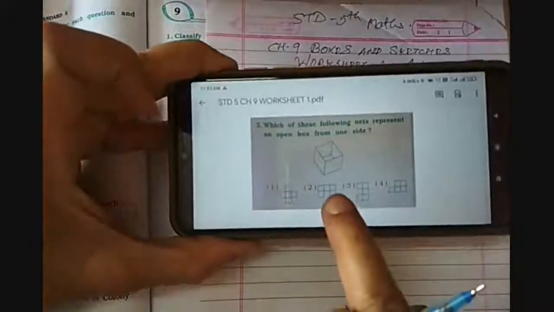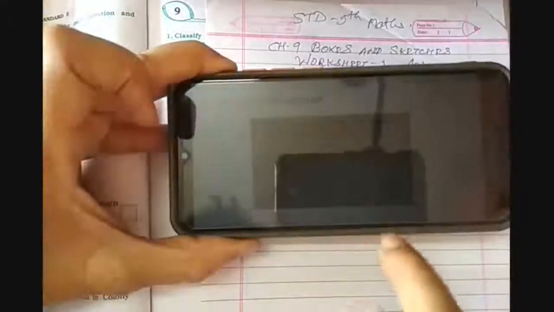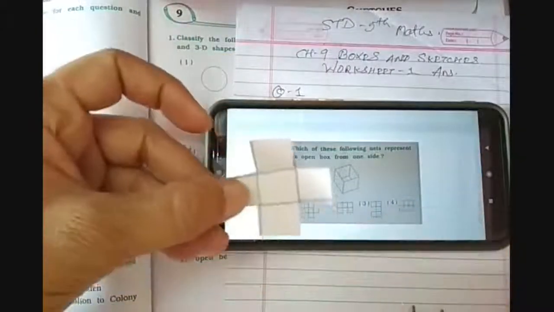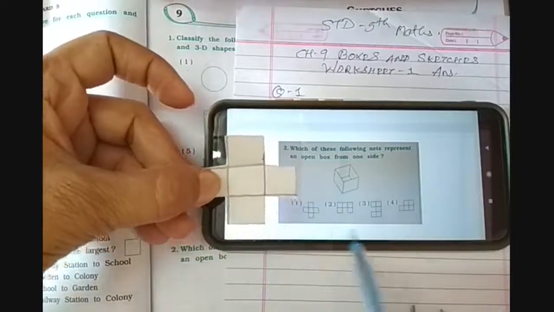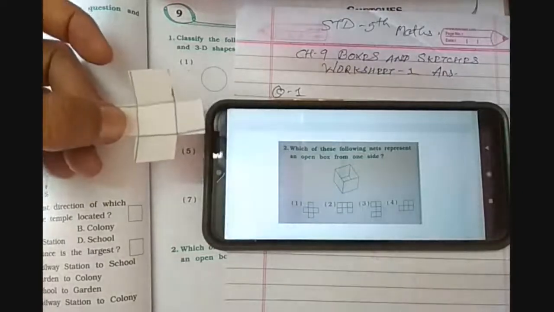Now if you want to find out whether any other net is there through which we can prepare an open box or not, for that what you will do, you just cut this type of net. You can see this is the net. Okay, now draw this type of net over here, this net. Then after, cut it with the help of scissors.